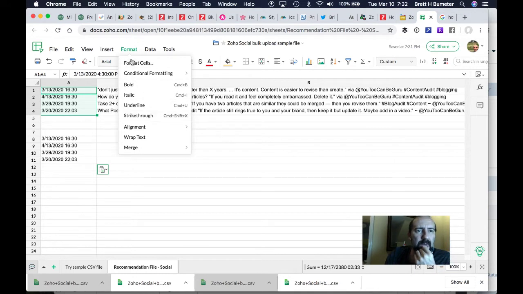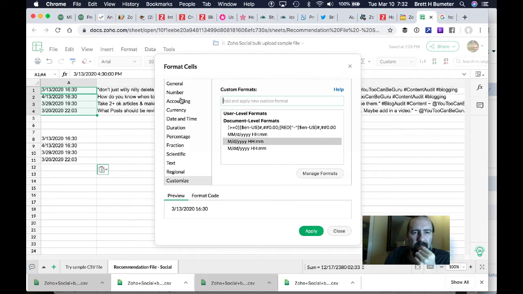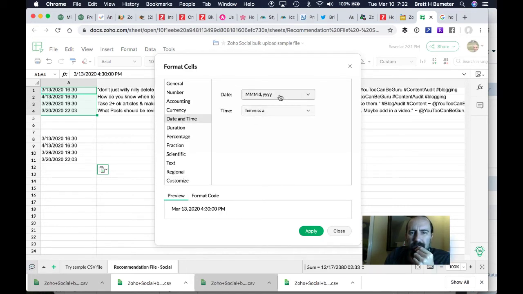Let's see, where can I format? I'm not super familiar with Zoho Docs. I'm much more familiar with Google Sheets or Excel even. So come in here,